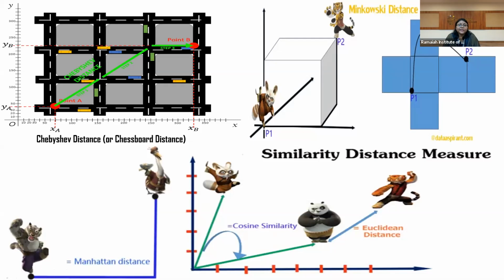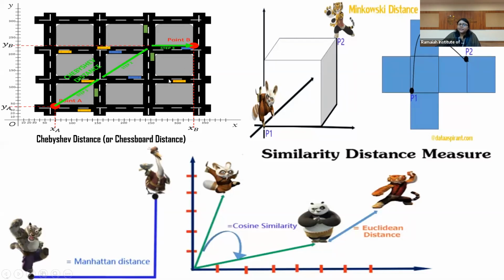Hope you remember the way the king walks or the king moves in chess. In that case, it can only move one step. That means if you want to reach from point A to point B, there are different methods in which you can reach. The first one is you will reach from step 1, you will go through step 2, and only then can you go to step 3.